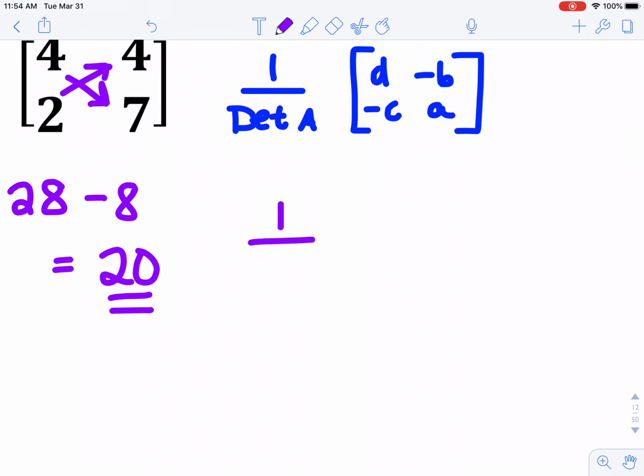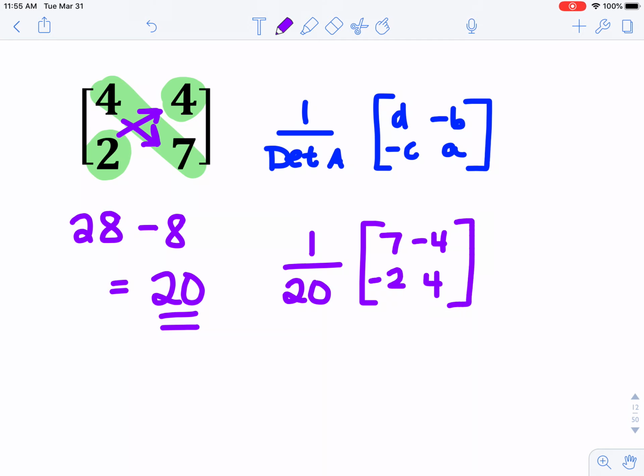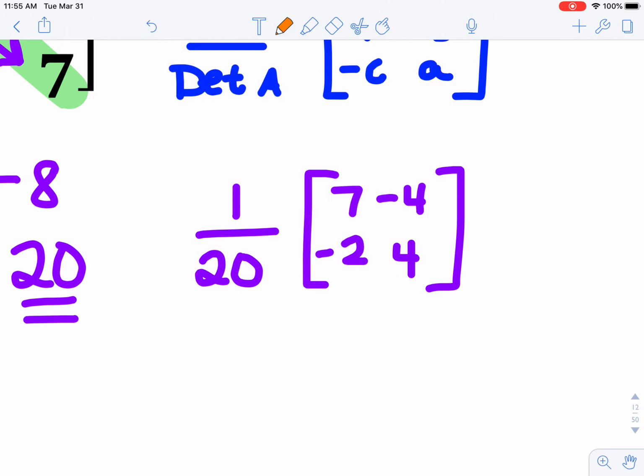So that means that in the formula, I'm going to have 1 over 20 times, let's swap A and D. So the 7 goes here, 4 goes in the bottom right, and negate B and C. They stay in the same position, but we just negate them. And now we're just going to distribute the 1 over 20